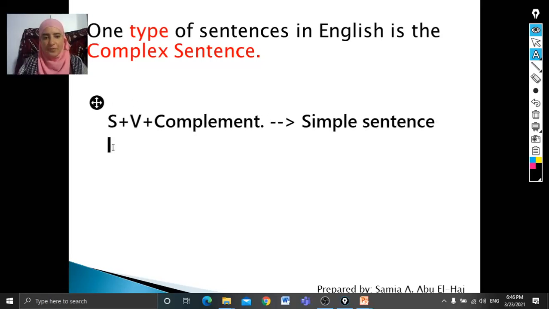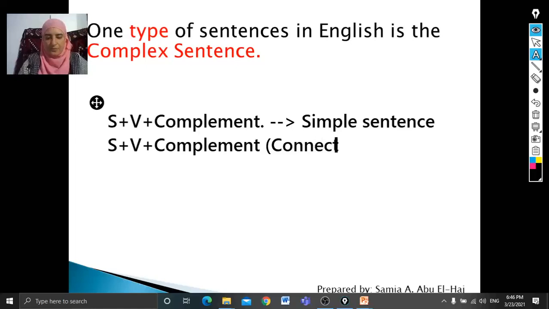For example, we can have subject, verb, then we have a complement, and the complement could be an object, it could be an adverb, it could be anything. And then we have a connector, which is a connecting word, and then we have another subject, another verb, and another complement. All right,